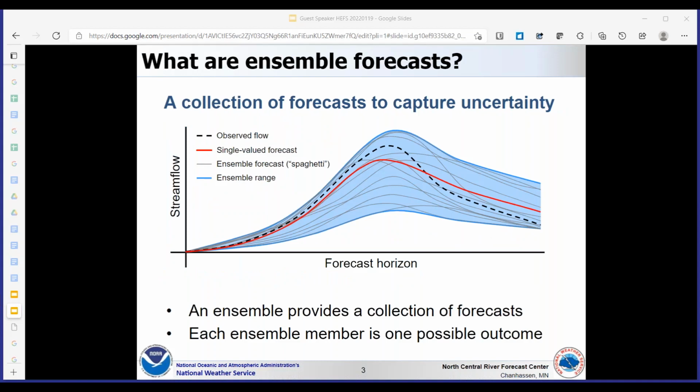So what are ensemble forecasts? Before I talk about that, I just want to say that single valued forecasts have been the foundation of our hydrologic forecasting since the RFCs began. Single valued forecasts, like the ones shown on the HEFS pages, are invaluable to our users.